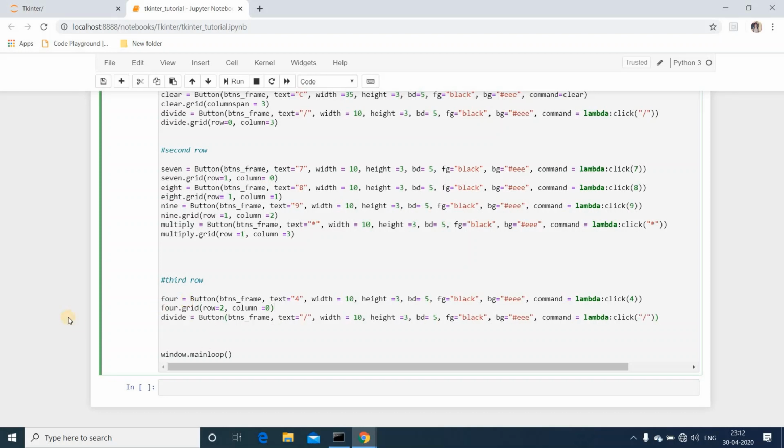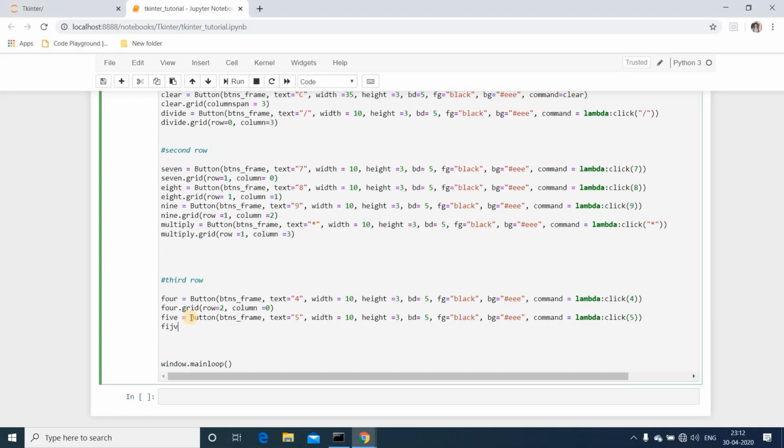Then again I'll paste the same and change the name to 5, change the text to 5, and pass 5 to the click function, and again grid it: 5.grid, row equals to 2, comma, column equals to 1.